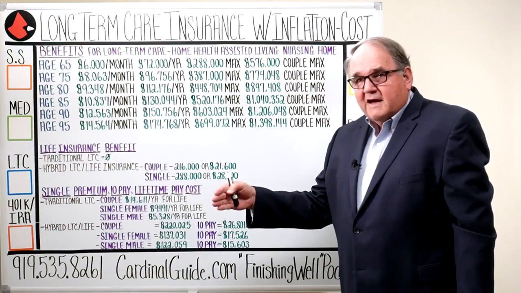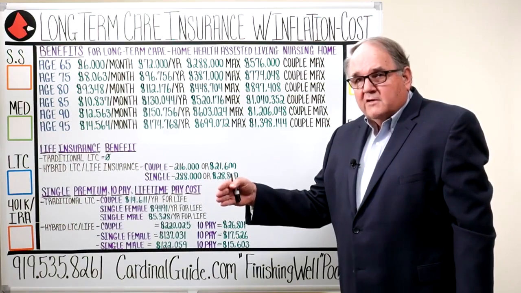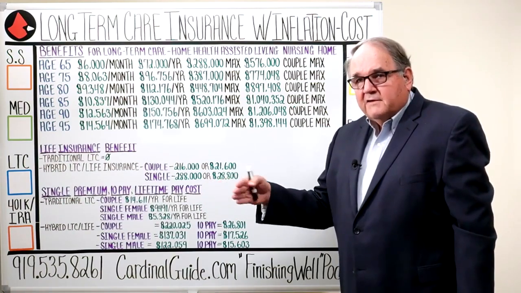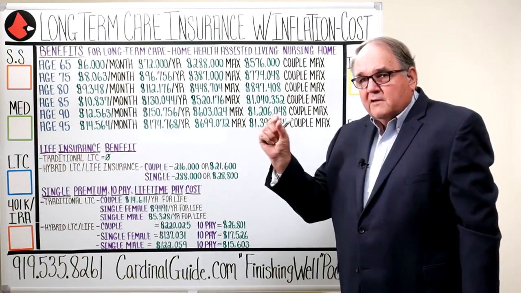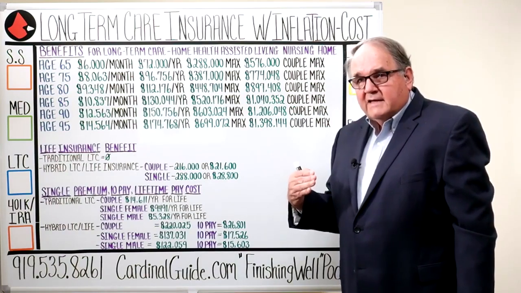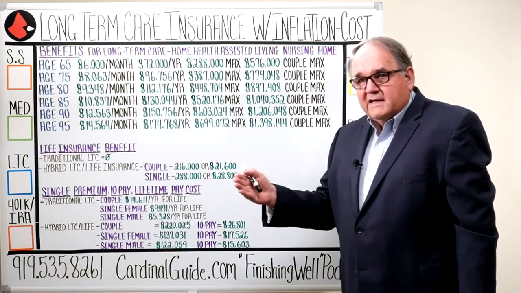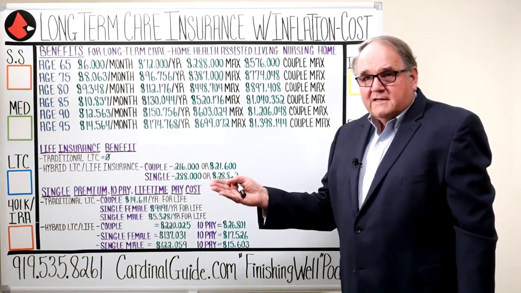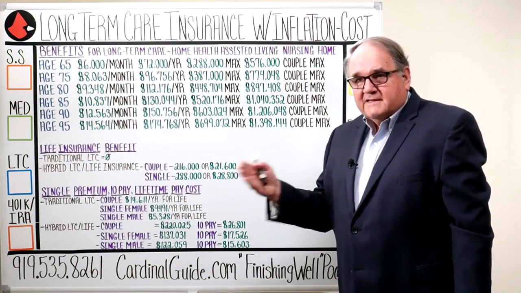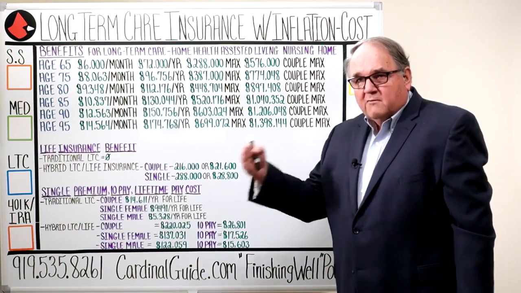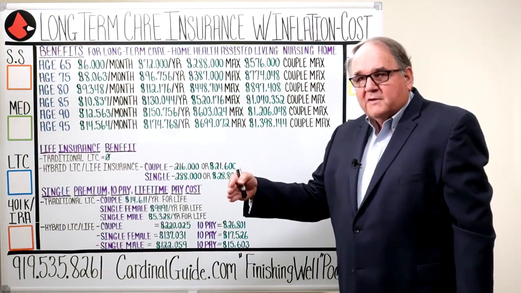If you have a need for long-term care, you're going to get way more than you put in. And if you go through your life and you don't need any long-term care, or just a little bit, when you pass away it's going to pay back your premium and then some to your heirs. Or it's going to basically return that premium to your heirs because you didn't use it. So that's the difference. One is pure insurance, traditional long-term care insurance. The other one is hybrid life long-term care insurance.